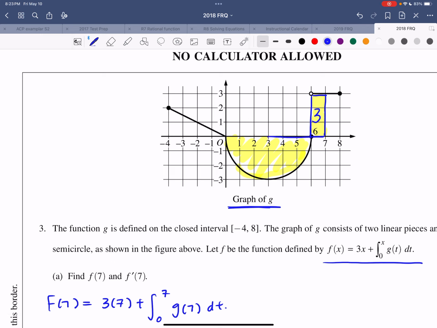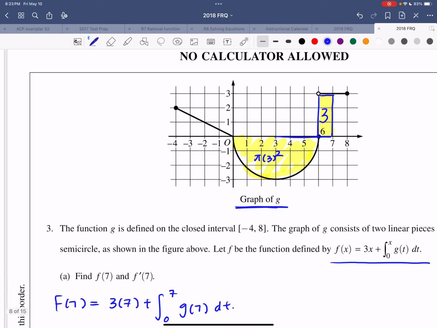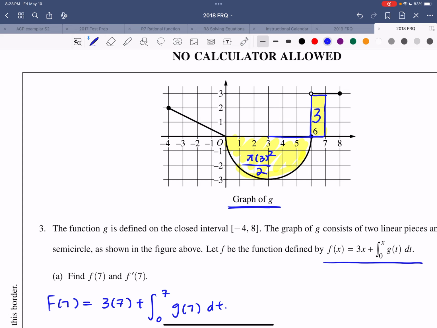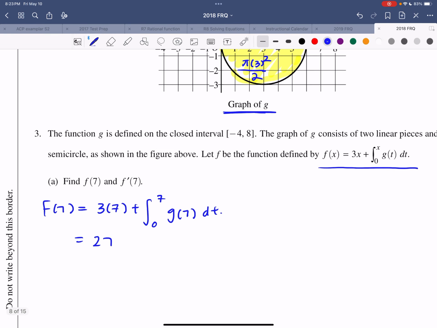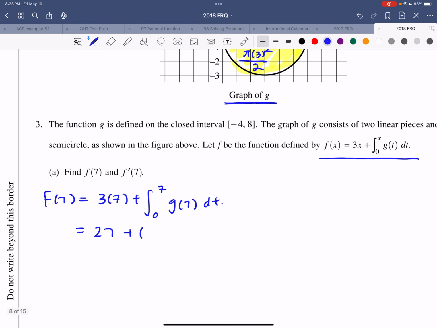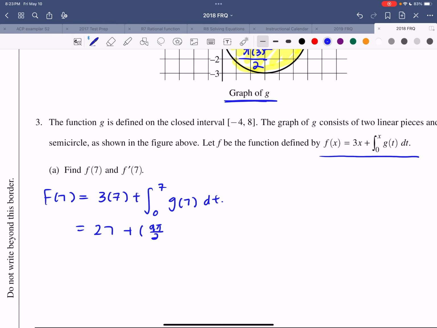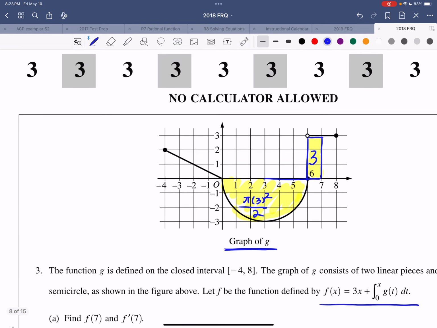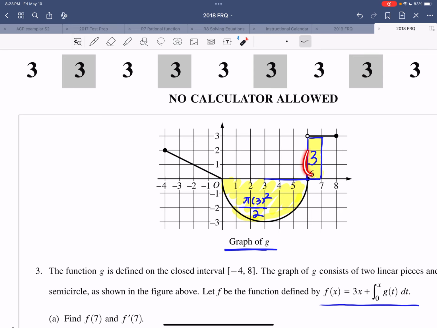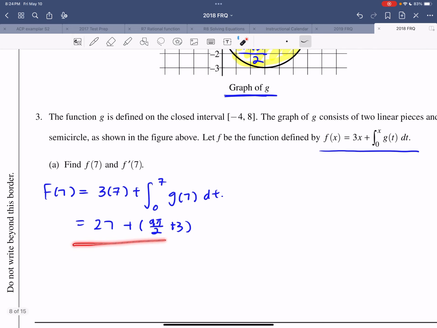So the radius is 3. The area is pi r squared, but since it's a semicircle, it's going to be over 2. So what you have to do is 27 plus, 3 squared is 9, so 9 pi over 2, plus 3. This plus 3 comes from the rectangle. So 9 pi over 2 plus 3. That's what it is, okay? When you actually add them up,